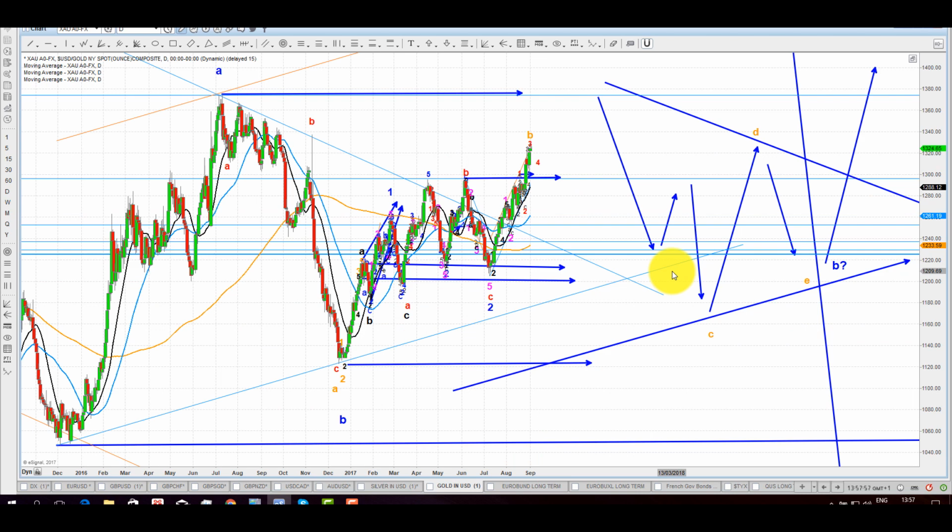Okay, that's gold. That's the daily scale of gold, and you will see that I have adopted the same wave count as I've shown you in the case of silver. So right from the bottom here, we take this as an AB or a 1-2, definitely possible. That will be a 1-2, and up we go in 3 of 3, or if it doesn't manage to run